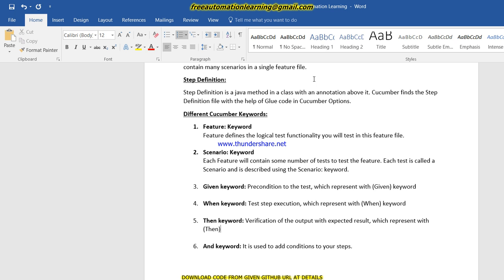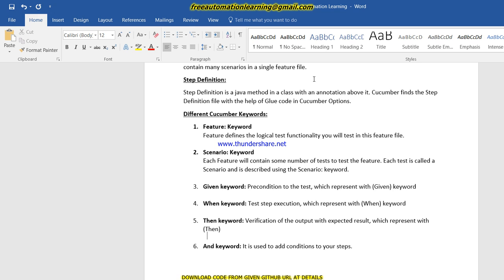When I enter username and password, then I logged into the Facebook application. So then is the kind of verification that I enter username and password and click on the login button, then I should see the dashboard page. So then would be the verification part, right?